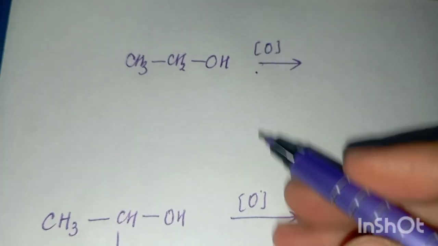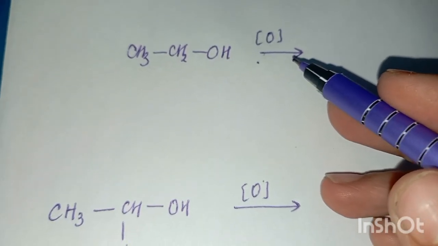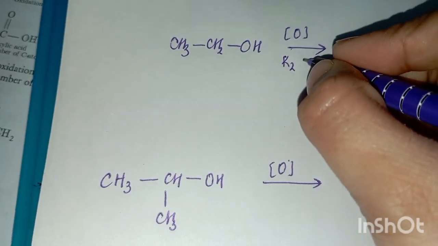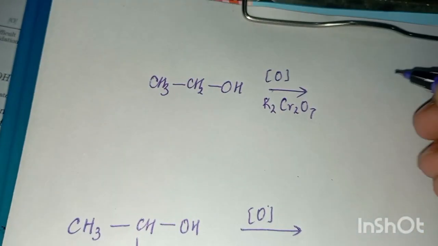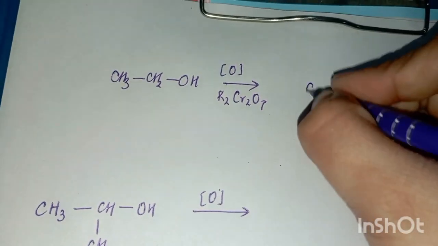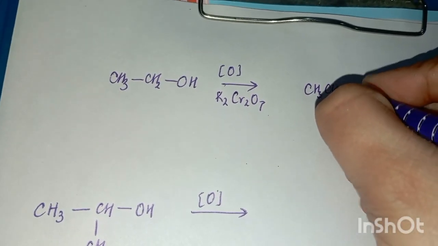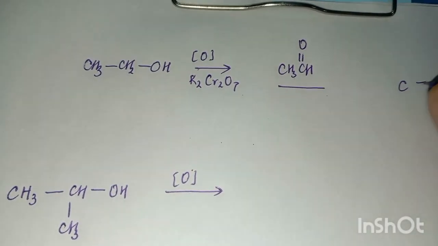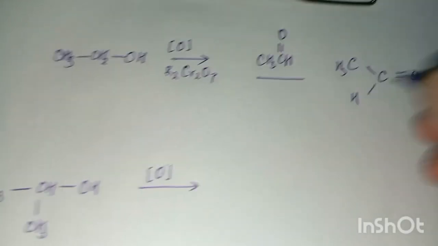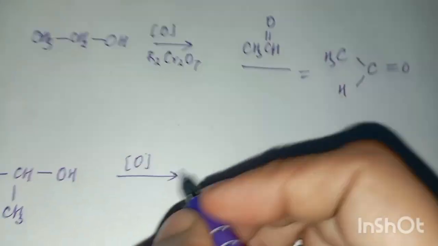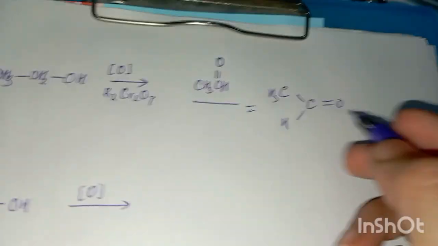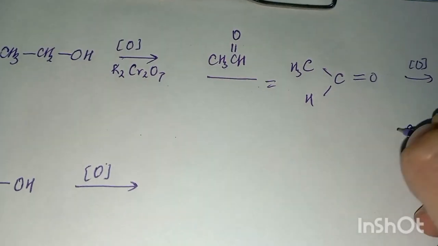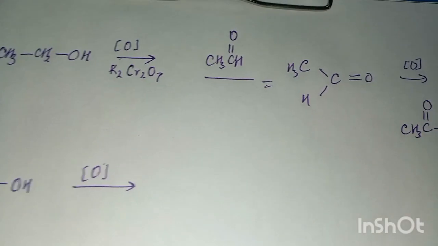Now in the first case we have taken primary alcohol, okay, on oxidation either with K2Cr2O7, that is potassium dichromate, or potassium permanganate, KMnO4. Oxidation is taking place here, okay. So it leads to the formation of CH3CH double bond O, that is acetaldehyde, okay. You can write it like this also. Now next, which on further oxidation of course leads to carboxylic acid, okay. Further oxidation leads to CH3C double bond O OH, okay.